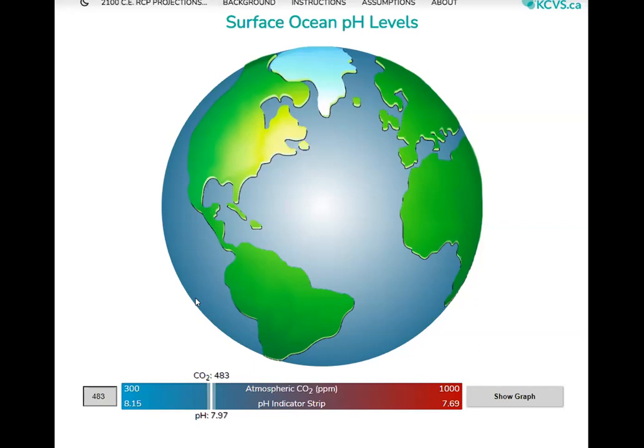Now, on the plus side, if we can get our act together and lower carbon dioxide concentrations, then we will solve the global warming, climate change, climate crisis problem, and also the ocean acidification problem. So I look forward to that day. It is something that is going to have to happen. And so that is your ocean